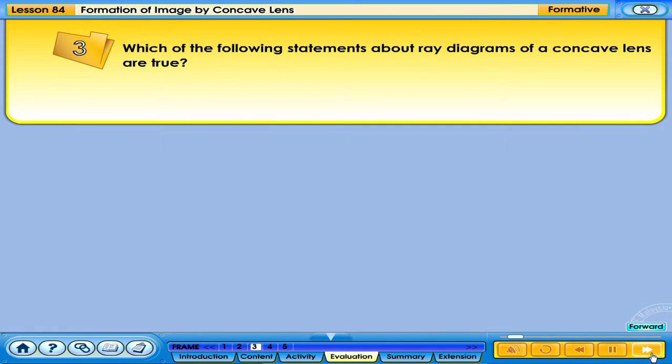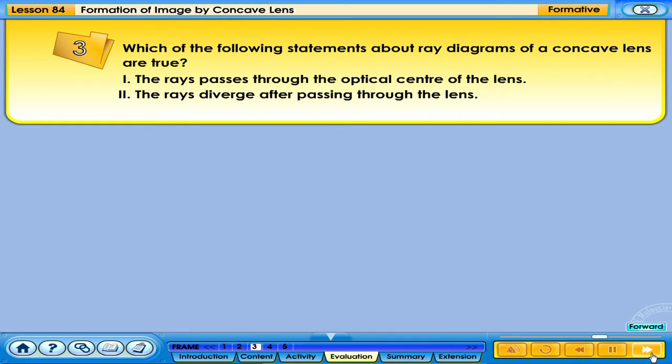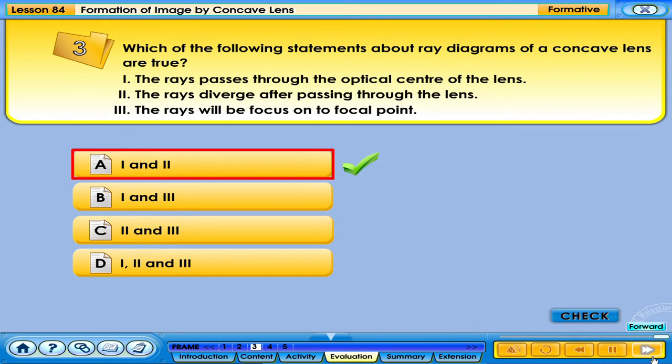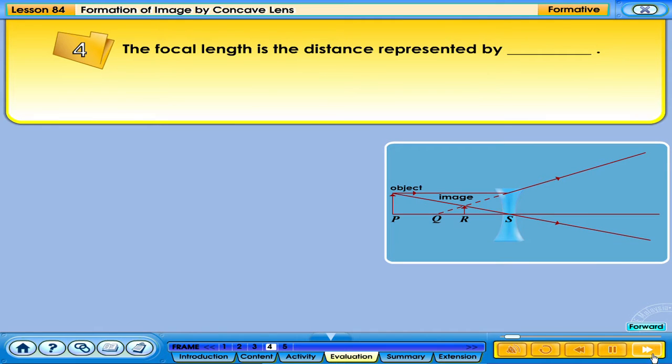Which of the following statements about ray diagrams of a concave lens are true? 1. The ray passes through the optical center of the lens. 2. The rays diverge after passing through the lens. 3. The rays will be focused onto the focal point. Your answer is correct. The focal length is the distance represented by